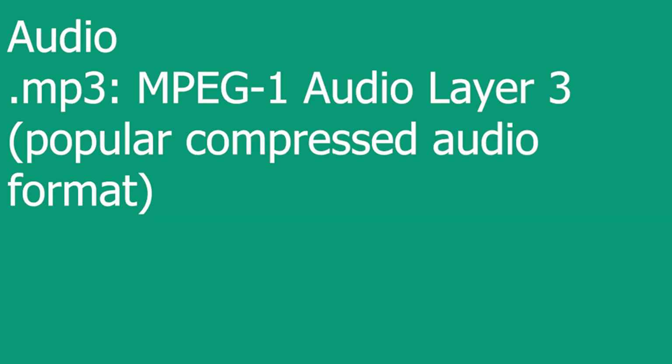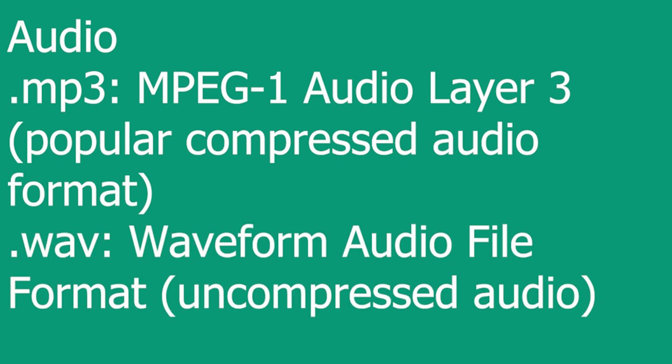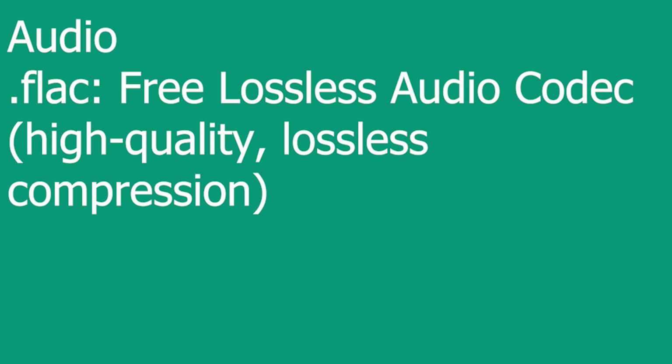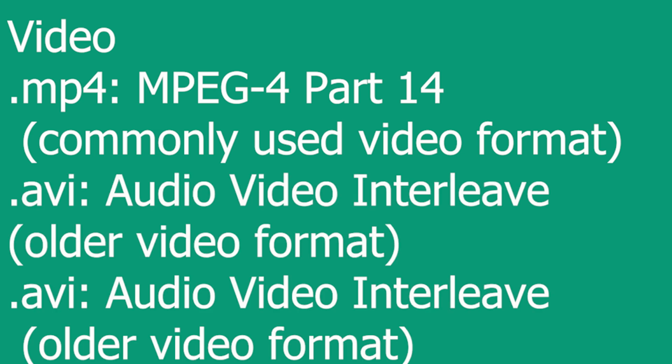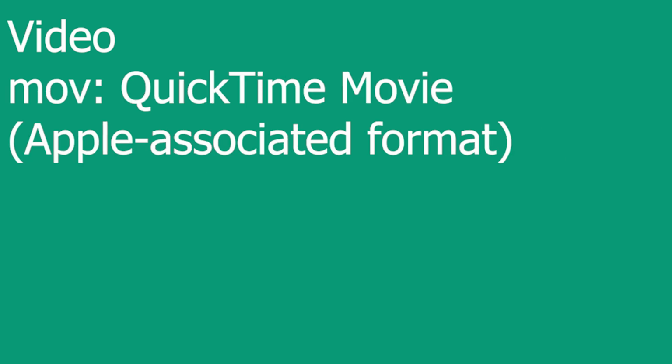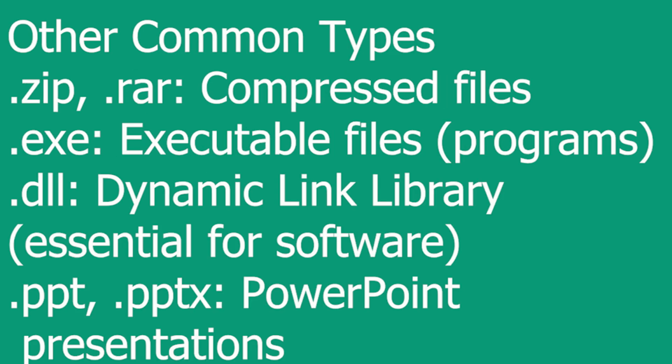Audio. In audio there are many file types available: MP3, MPEG-1 audio layer 3, popular compressed audio format; WAV, waveform audio file format, uncompressed audio; FLAC, free lossless audio codec, high quality lossless compression. Video: MP4, MPEG-4 Part 14, commonly used video format; AVI, audio video interleave, older video format; MOV, QuickTime movie, Apple associated format. Other common types: